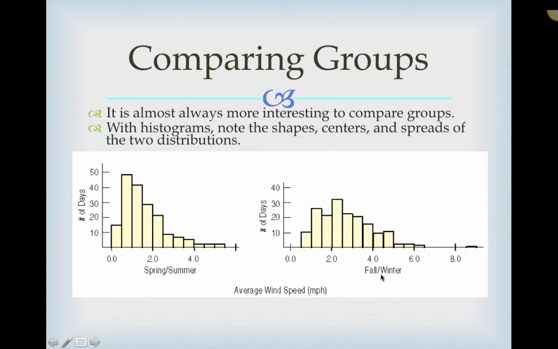We're unimodal and skewed to the right still, but this time our center is more around 2.5, and our spread goes from 0.5 all the way up to about 9. The other thing to note is that in fall-winter there's an outlier, whereas in the spring-summer there is not. Once you have made a note of the distribution of each group separately, you want to actually compare them. Written out, this would look like